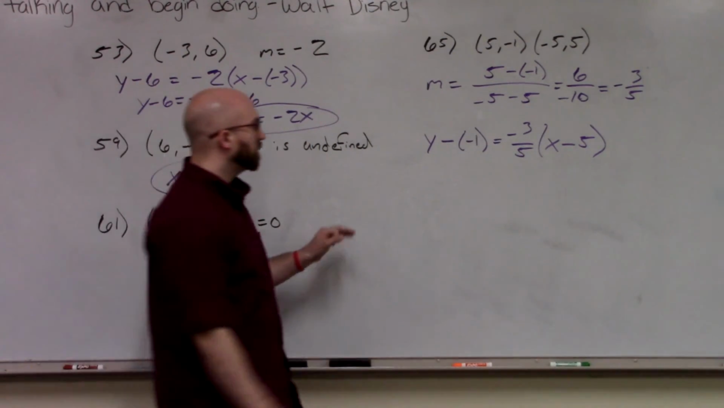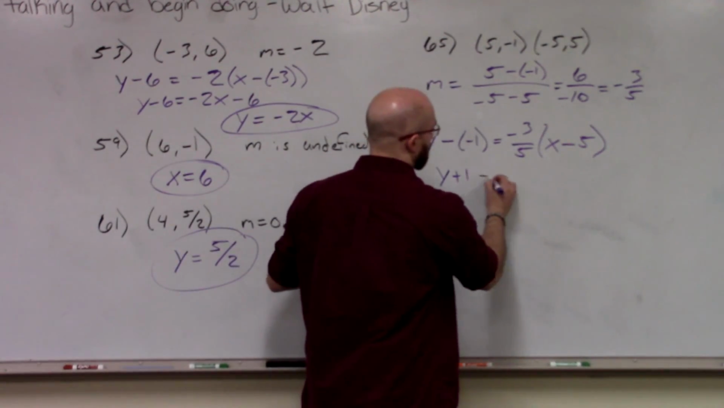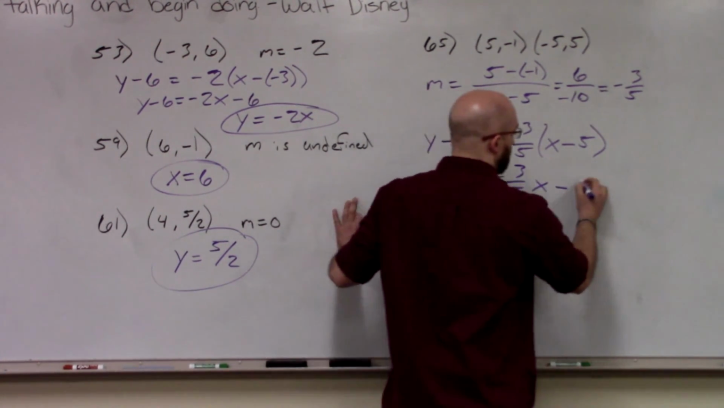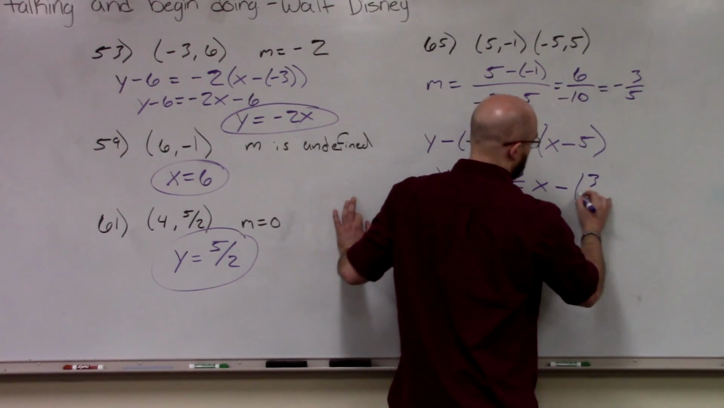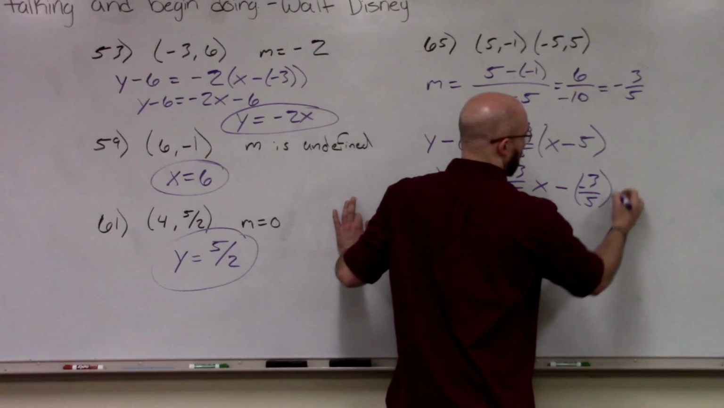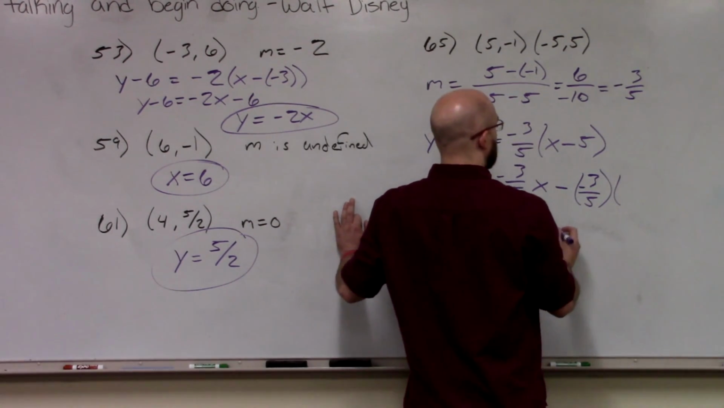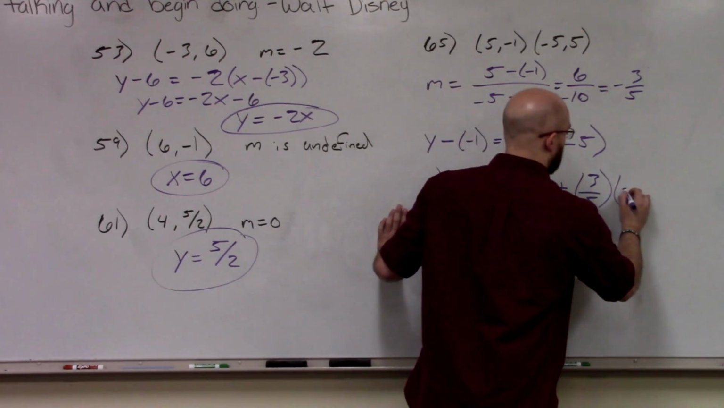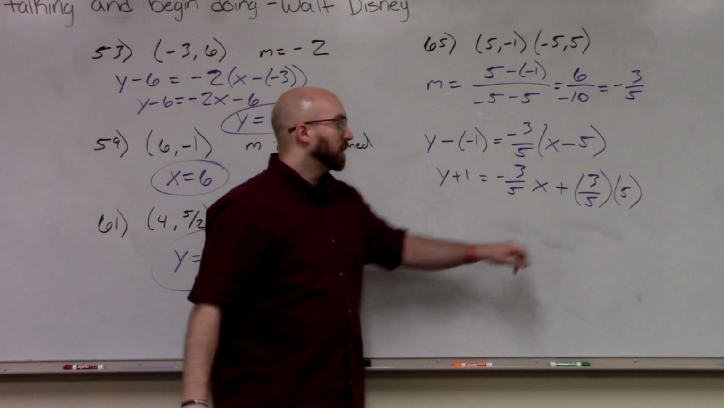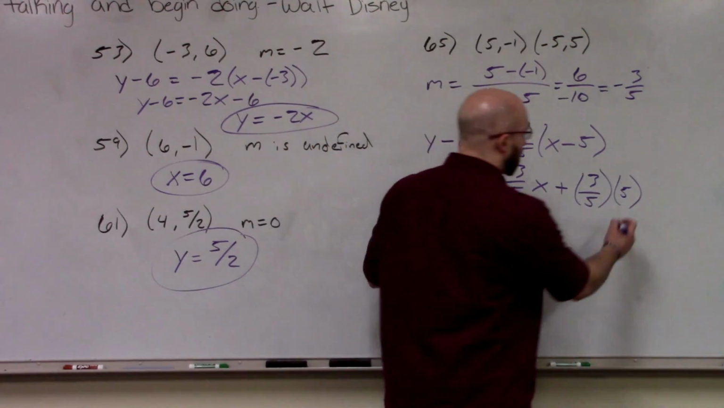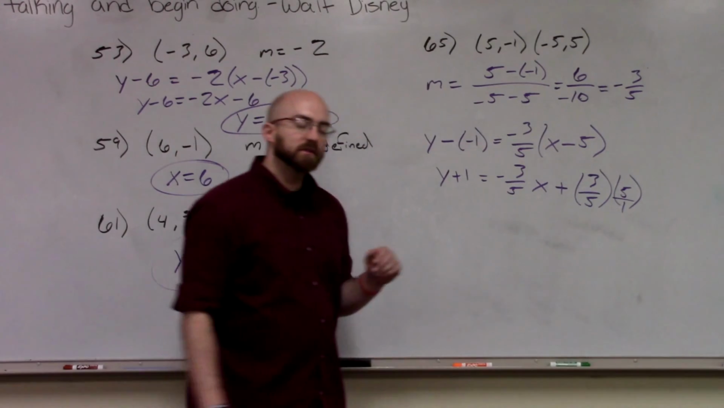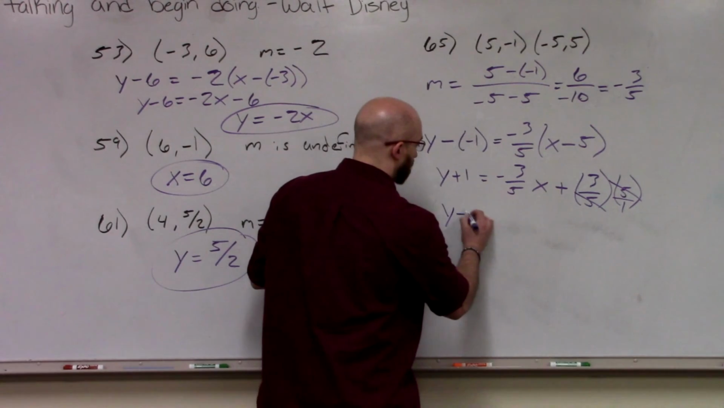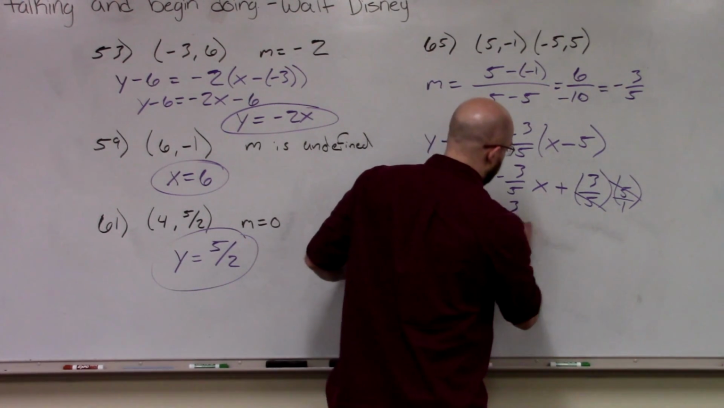Get y by itself. This turns into y plus 1, negative 3/5 x, minus times, or actually, we have a negative times there, so it's going to be plus 5. The 5's cancel out, because imagine this is 5 divided by 1, right? Fractions, we should be doing those. They cancel, so that means we get y plus 1 equals negative 3/5